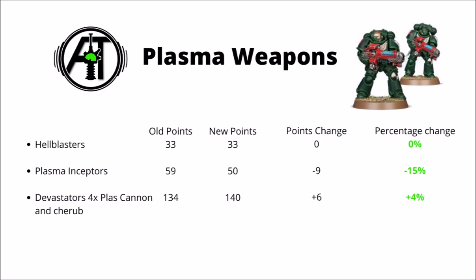Hellblasters are absolutely unchanged, remaining stable at 33 points, so again looking far stronger compared with all the other things that went up. Plasma Inceptors again lost being able to fall back and shoot, but they're so much cheaper than they were before now. They've gone down to only 50 points per model, that's 9 less than previously, and their Plasma Exterminators got the blast keyword as well,